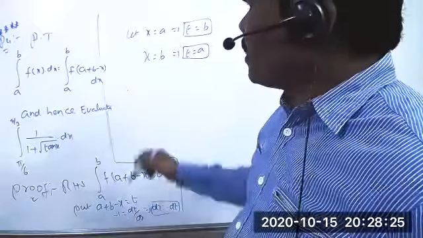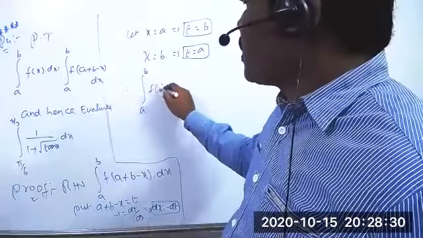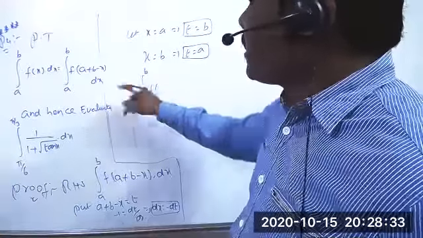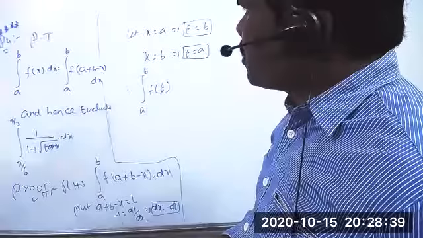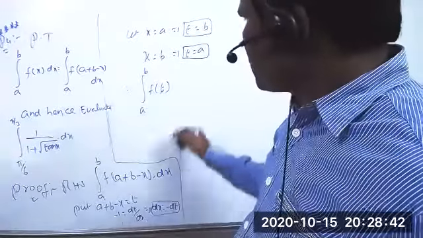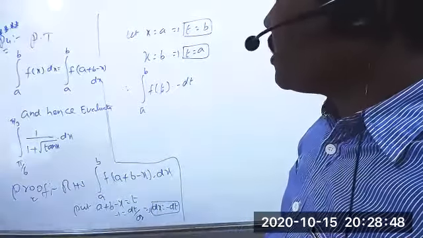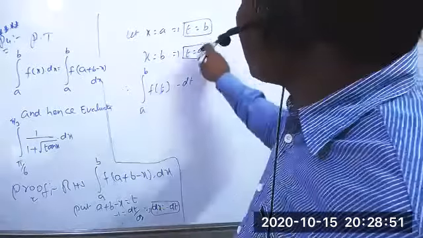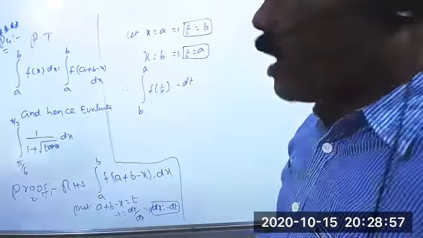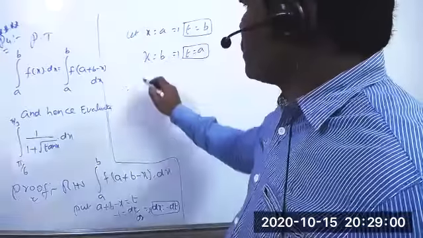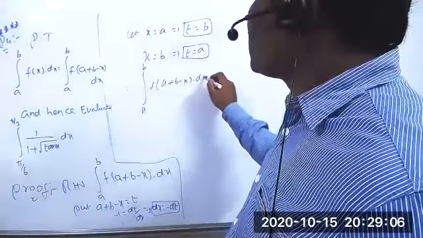So therefore, integration of that entire thing: integration of a to b f of a plus b minus x, where we are taking t, into dx equal to minus dt. I think this is a to b? Sorry, this is b to a, the limits. Integration of a to b f of a plus b minus x dx is equal to